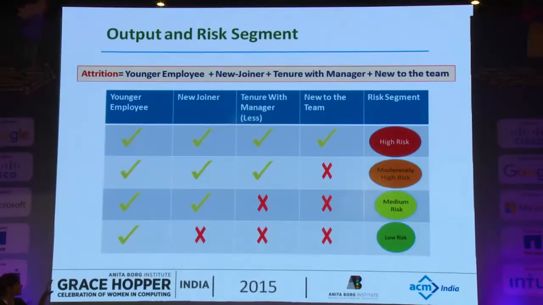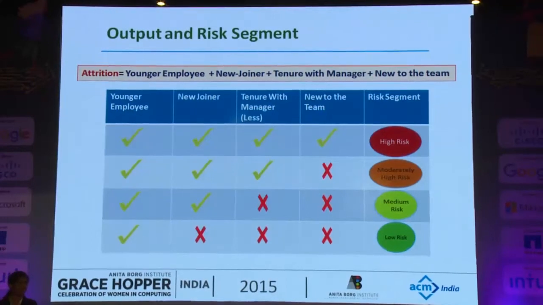And this is the matrix you can see. If an employee matches all these 4 attributes, then 99% of the time you can say that he is at high risk of leaving the organization. Once you know that this is the group of employees at high risk, it's not always required to take strategies on all the high-risk employees. You can profile them back and see how many are high potential, and it's required to retain them with you.